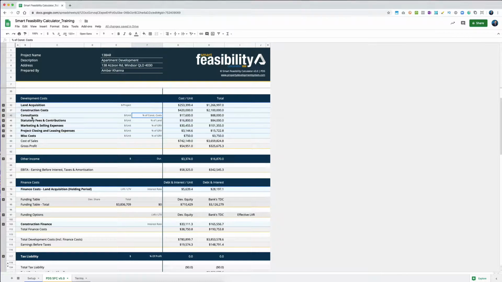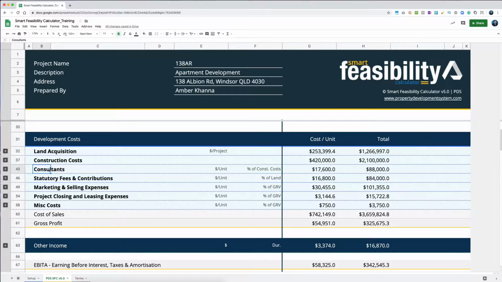Okay, now we have consultants next in line after construction. The reason I had construction before was because consultants usually are a percentage of the total construction cost. They may not say that to you, but you will find that if you're building a bigger development,